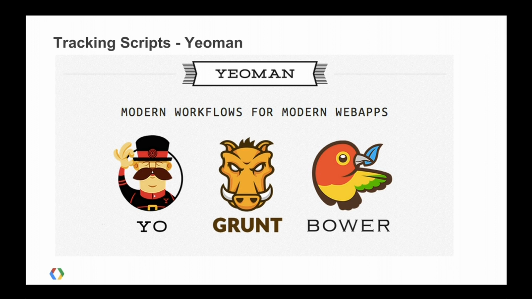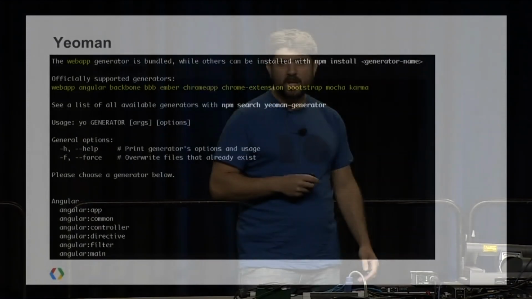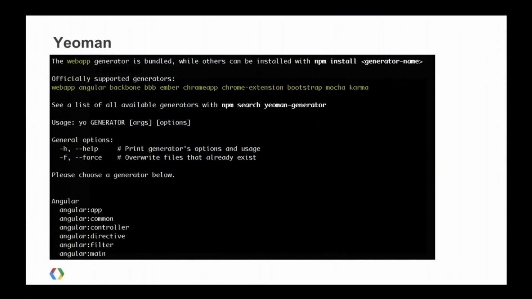So the Chrome DevRel team, because of the plethora and growth of all these different JavaScript frameworks, wanted to provide a simple command line tool so developers can write a couple commands and build all the structure of the framework of their modern web applications. So here's a screenshot of the tool.